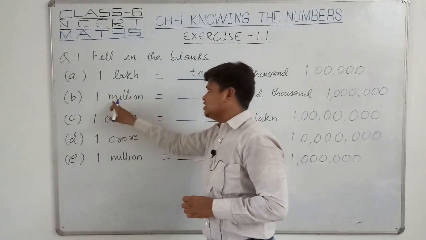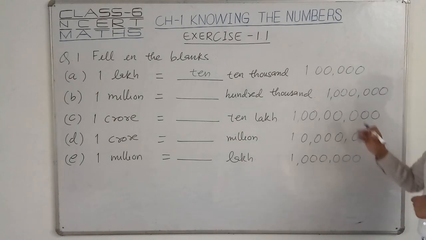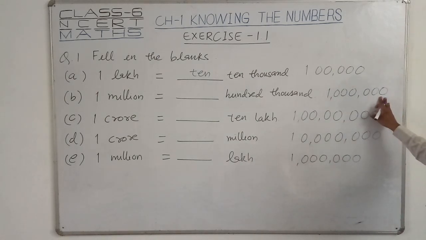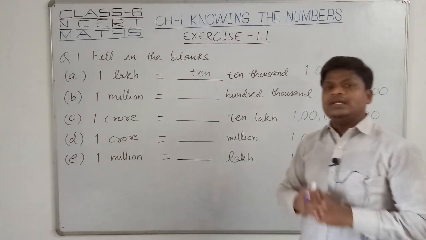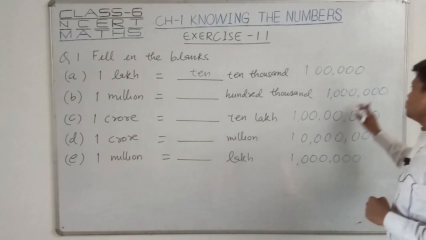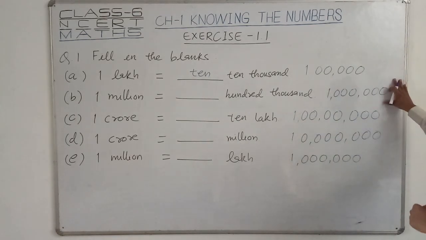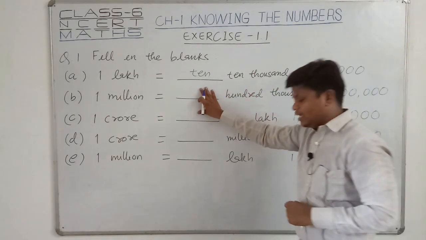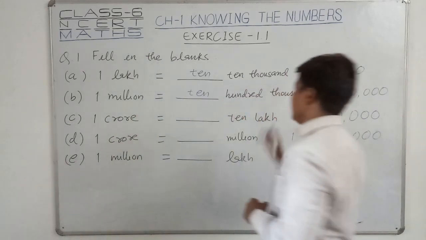Right, now in the next fill in the blanks we can see the 1 million. So 1 million is the international system of numeration. So I write 1 million in this way. 1 million in the Indian system is how much? That is 10 lakh. So I can write it here with 6 zeros along with 1. So this is the 1 million. Right. So if 100,000 is written here, then what should come here? That would be equal to 10,100,000.